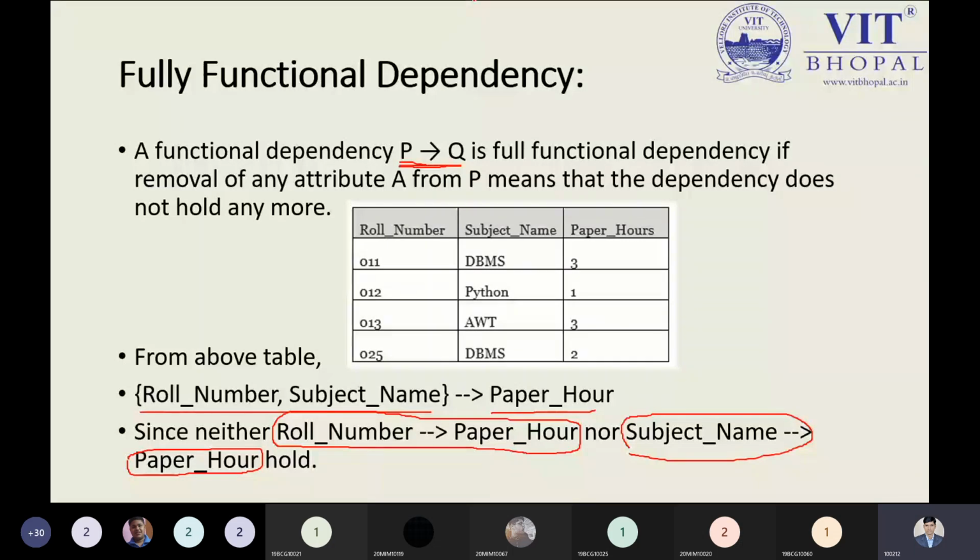So this is a good point. Yes, of course, this can be considered under our non-trivial functional dependency. But we are not talking about non-trivial or trivial, we are talking about the full functional dependency. Yes, that is a case inside the non-trivial. So that is the point we have to keep in mind. So this is another example. When you see all these things, then you will be able to understand what is happening over here. Now clear? This picture of single valued functional dependency is clear, and now we have seen the fully functional dependencies.